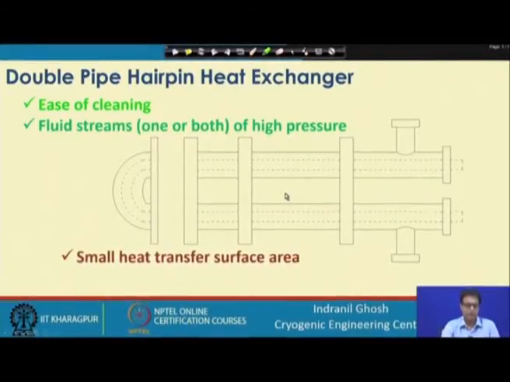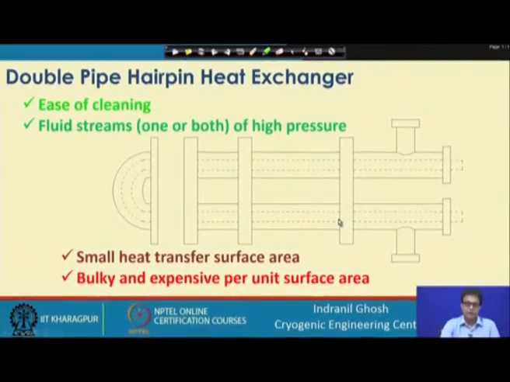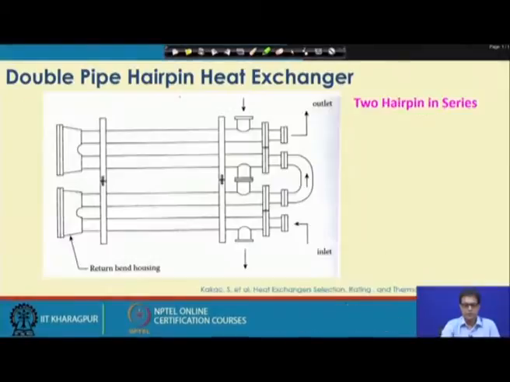On the negative side, it typically has a small surface area, and it is relatively bulky and a bit expensive per unit surface area. Now, if we go into the design part of it, we will find that this exchanger can also be